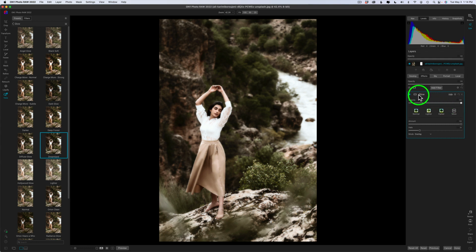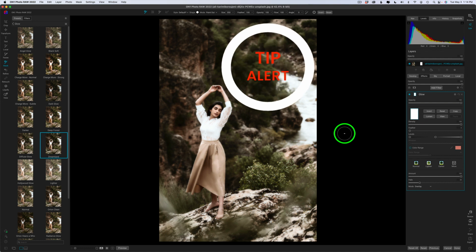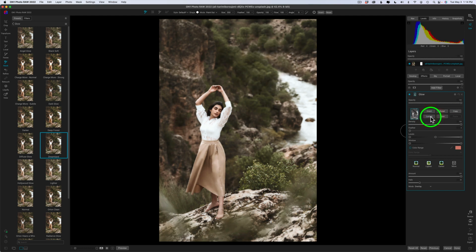Right next to the word glow to the left of it is a layer mask symbol. So click on that, and that opens up your layer masks. Now you can come over and grab a mask tool and simply paint on this mask. But I'm going to show you something that I really love about ON1 software, and that's its Luminosity Mask. So I'm going to click this button that says Lumen, and when I do, it adds a light luminosity mask